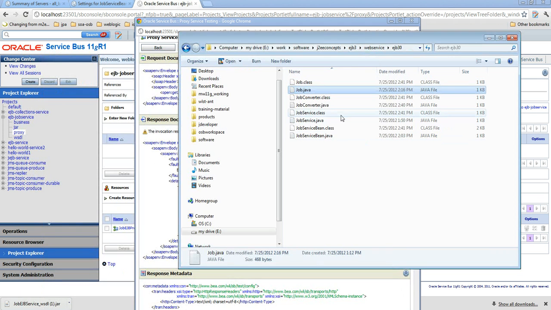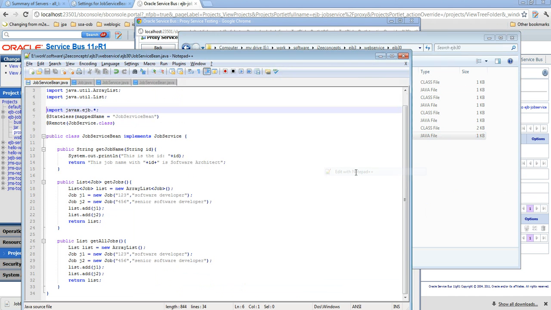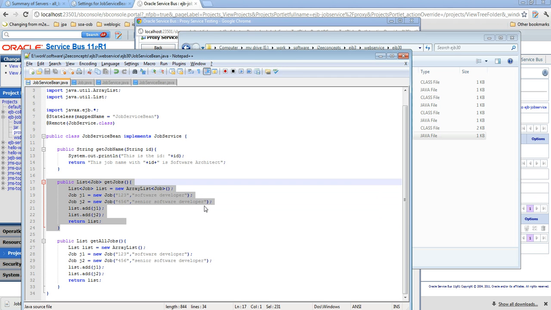And then this was the JobServiceBean, right? In this class we originally just had one method, so I added this method, getJobs, right? What this is doing is returning a list of jobs, and this list is a typed list. See, the type of object that's going into that list is already explicitly declared. So essentially, when I'm getting this, it should automatically translate this